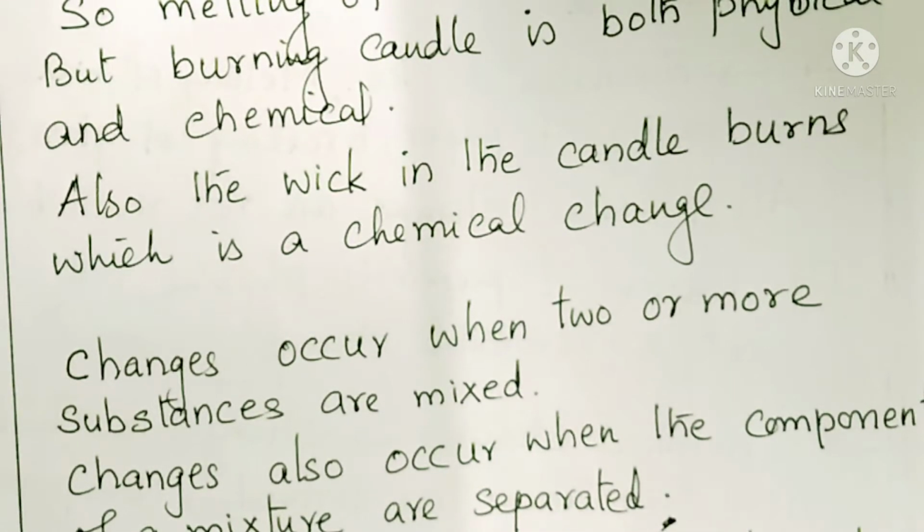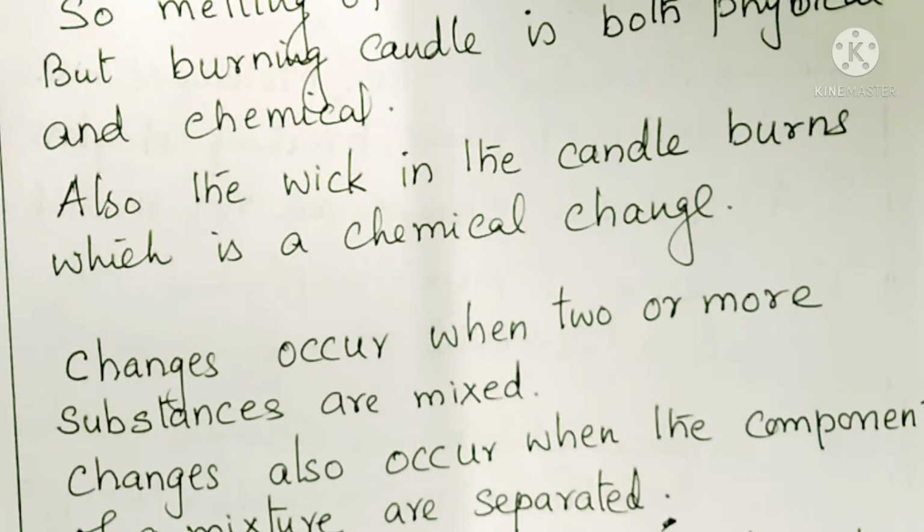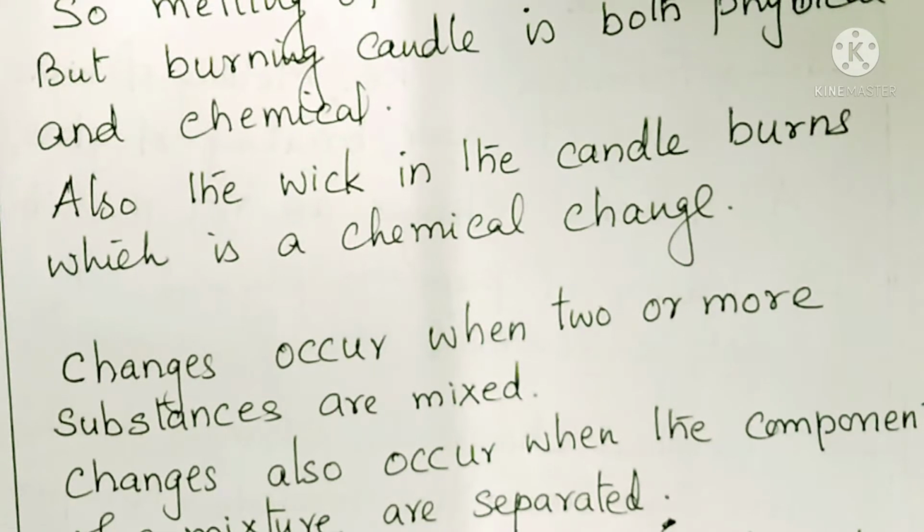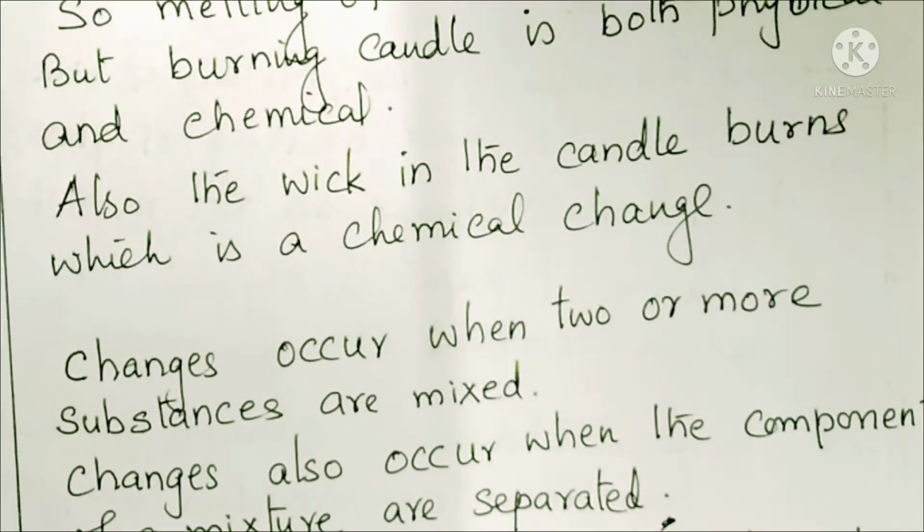Now, have you seen, if you pour some tamarind powder and you add soap to it, the color and its properties will change. So that is a chemical change. So there are many changes which are completely chemical changes. Some of them are completely physical changes, and some changes are a combination of both physical as well as chemical change.